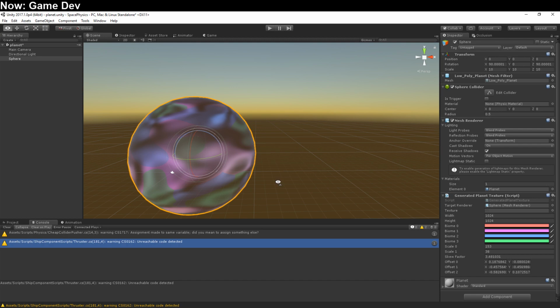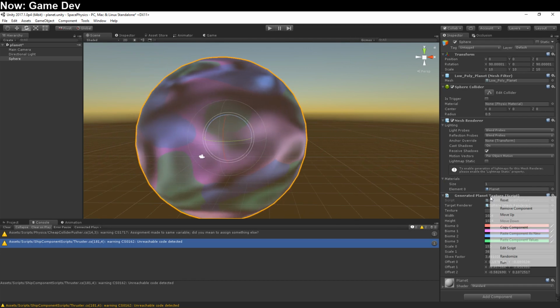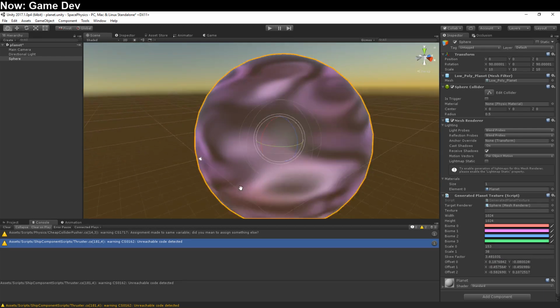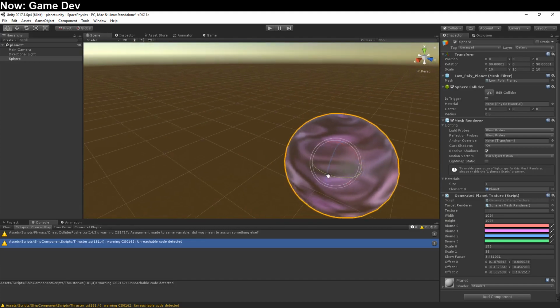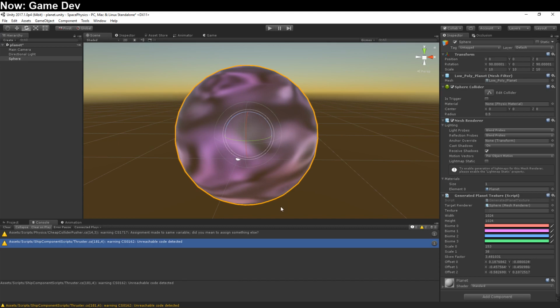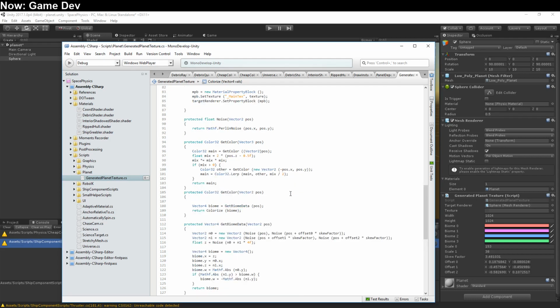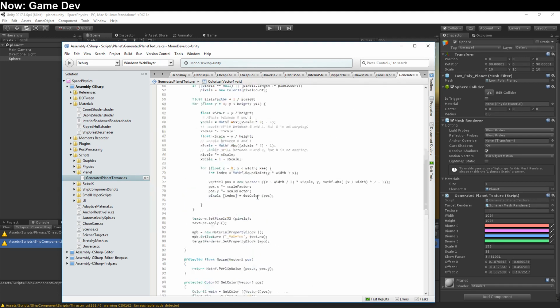So the issue here is that I actually want these biomes to be based on the first noise values, because the first noise values are the ones where it's going to be at least vaguely correct. That is to say, there's going to be an actual association between those values and specific kinds of values on the main planet. But the problem is that if I do it with X and Y, it's not working out. So we're going to just go ahead and, for the moment, set this up to return a